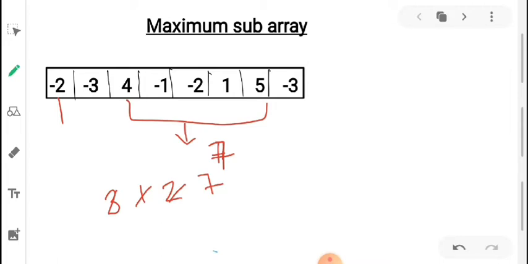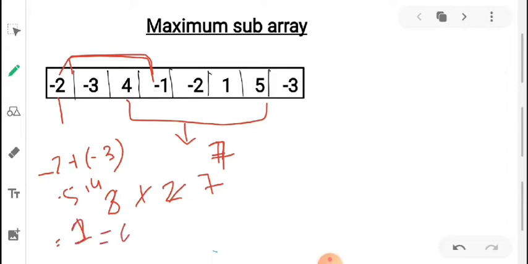Okay, if you are taking this part, that is 2 to minus 1, so minus 2 and minus 2 plus minus 3 will give you minus 5, minus 5 plus 4 will give you 1, and 1 minus 1 will give you 0. So it is not the maximum because we have got 7 here. So 7 will become our maximum. You can take any, but for example I have shown this subpart. This is the only subarray which will give you the maximum sum. So 7 is our answer to this maximum subarray problem.